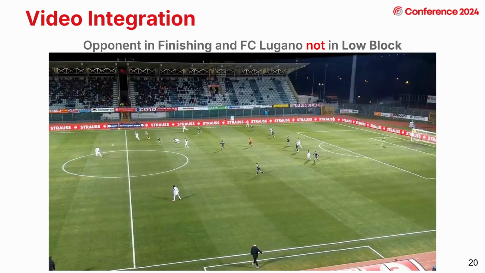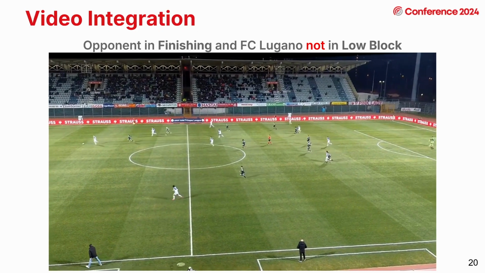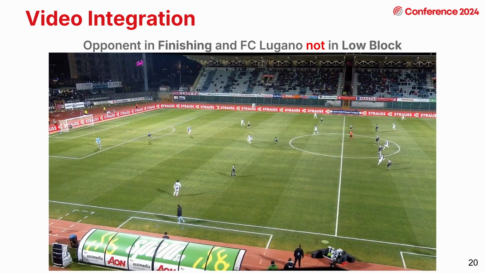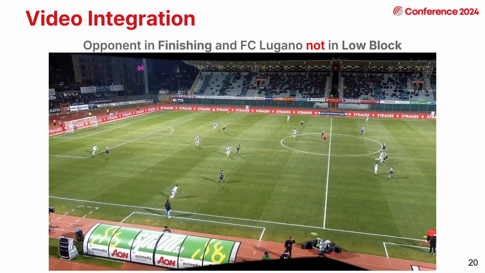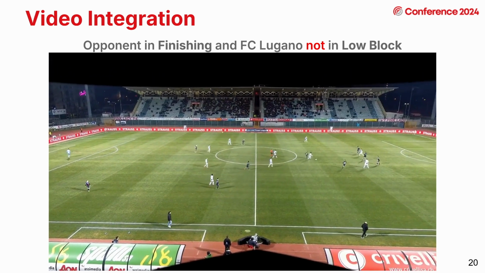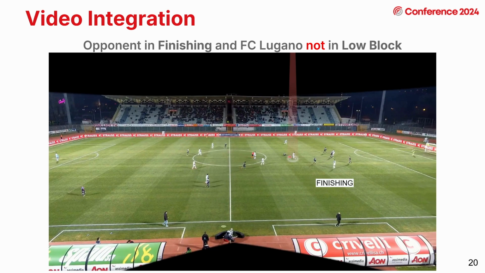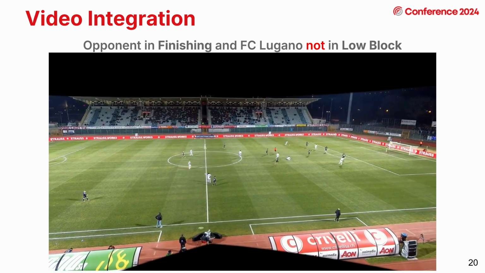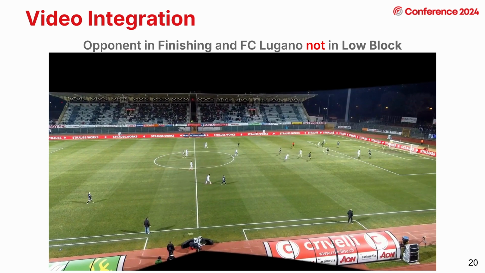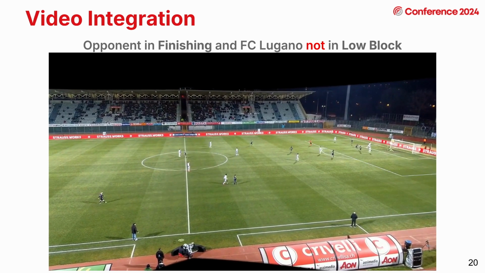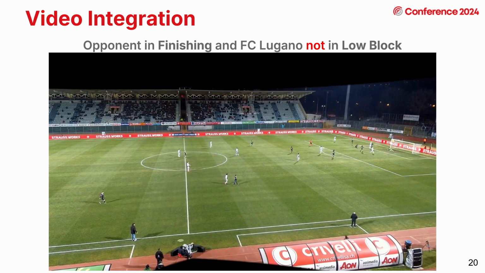And with this clip, we can see Lugano in black clearly being out of possession. We can see that from this long pass from the goalkeeper, the opponent reaches the attacking third, so being in a finishing in possession situation, while Lugano only has 4 players in the defensive third, so they're not yet in a low block. And Lugano only reaches the low block status just from the pass before the shot, where they have at least 6 players in the area. So we might want to have all the actions for this specific moment throughout the season to analyze through video.